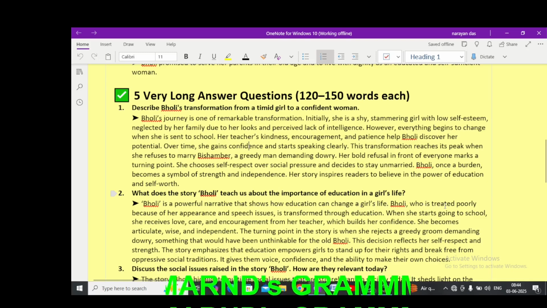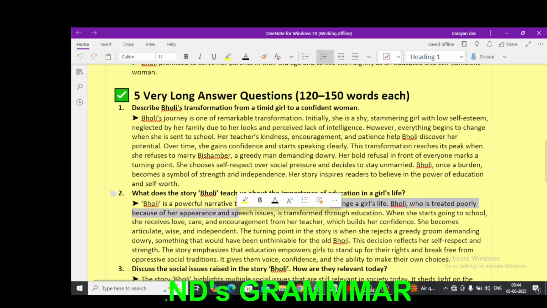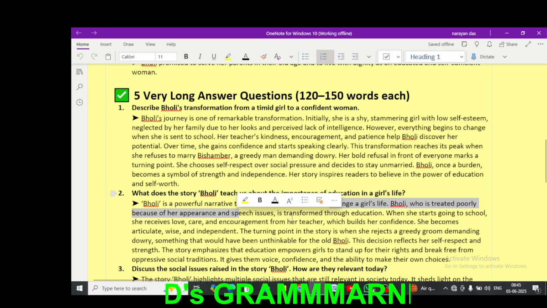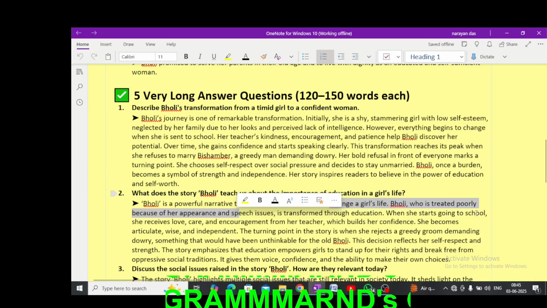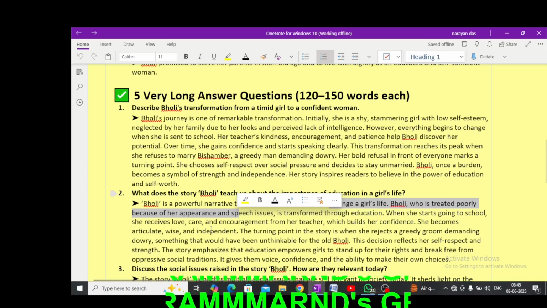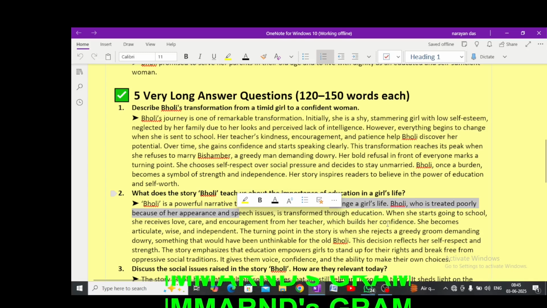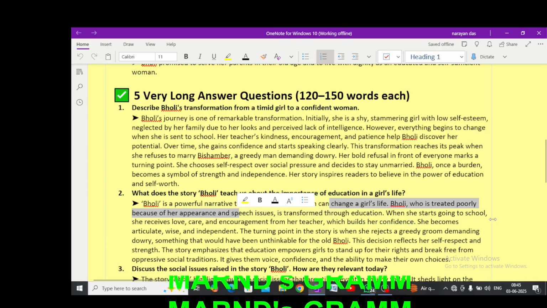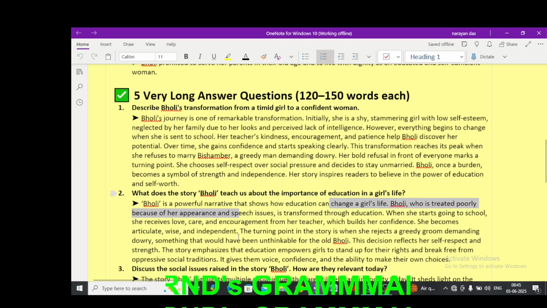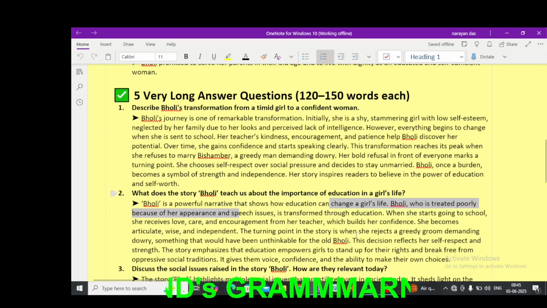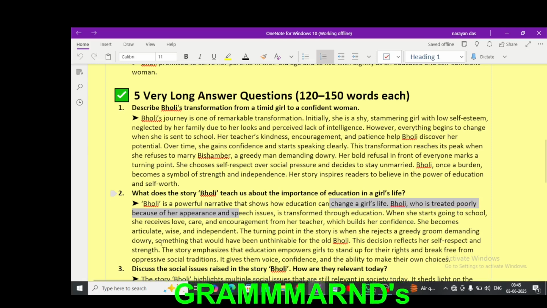Bholi, who is treated poorly because of her appearance and issues, is transformed through education when she starts going to school. She receives love, care, and encouragement from her teacher, which builds her confidence. She becomes articulate, wise, and independent. The turning point in the story is when she rejects the greedy groom demanding dowry, something